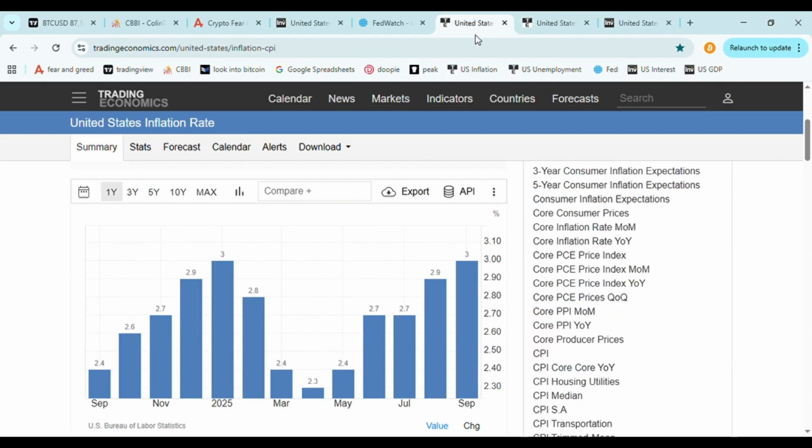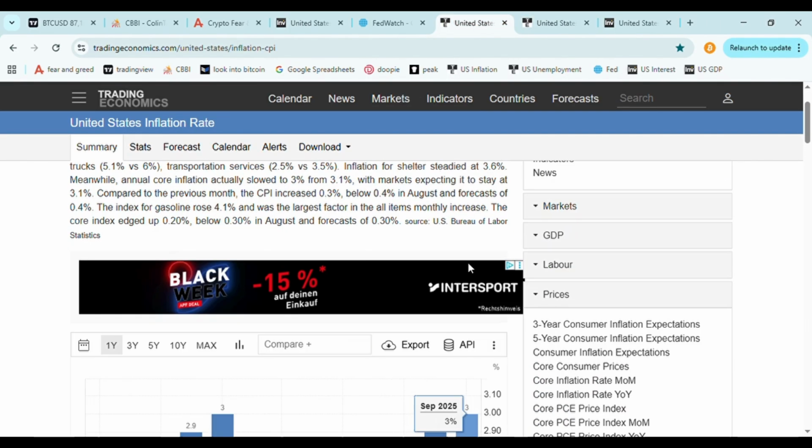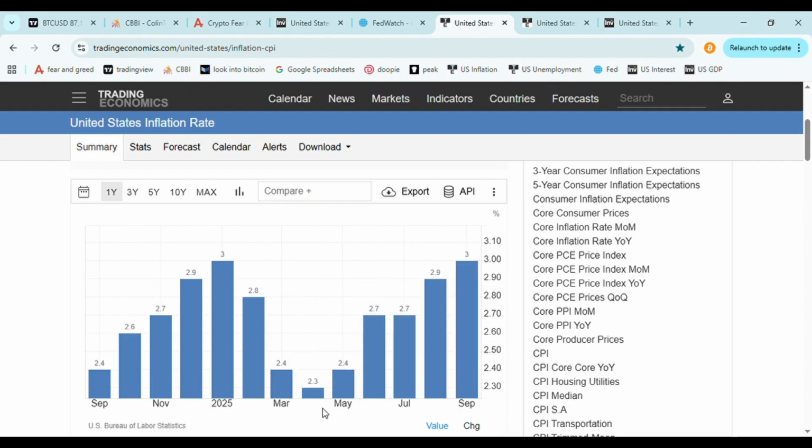At the same time, we can see that the inflation is right now at 3%. And the last couple of months, this has been rising as well, which is a little bit of a strange situation where we have rising unemployment and a weak economy, but at the same time inflation. People think this is because of the tariffs that President Trump has been playing with this year, which causes supply chain disruptions. And while the demand is still pretty steady, there is less supply because of the higher cost, that makes inflation go up.